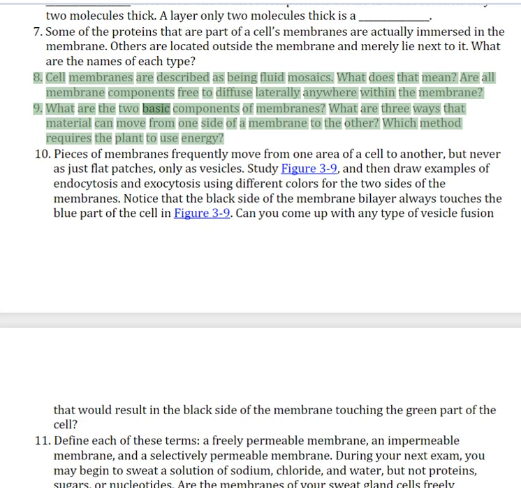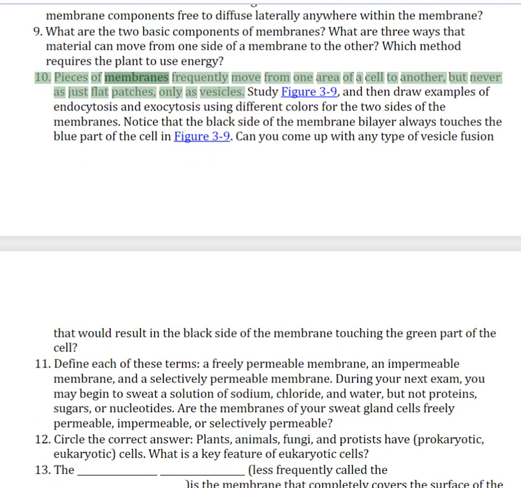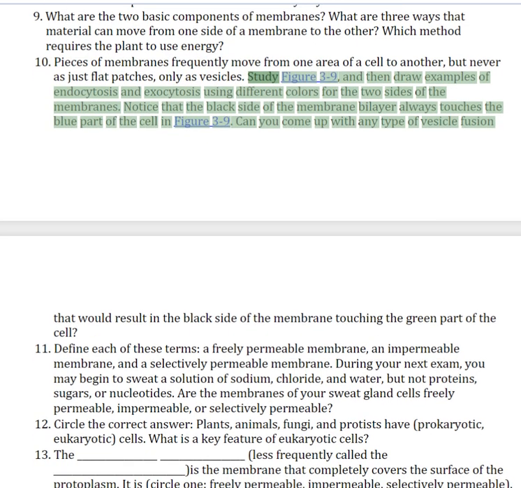9. What are the 2 basic components of membranes? What are 3 ways that material can move from one side of a membrane to the other? Which method requires the plant to use energy? 10. Pieces of membranes frequently move from one area of a cell to another, but never as just flat patches, only as vesicles. Study Figure 3.9 and then draw examples of endocytosis and exocytosis using different colors for the 2